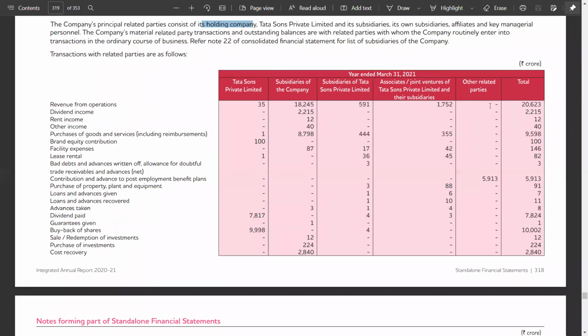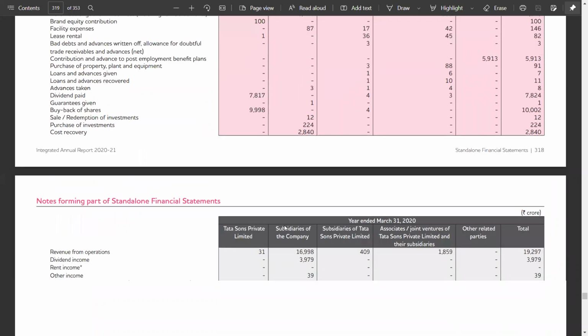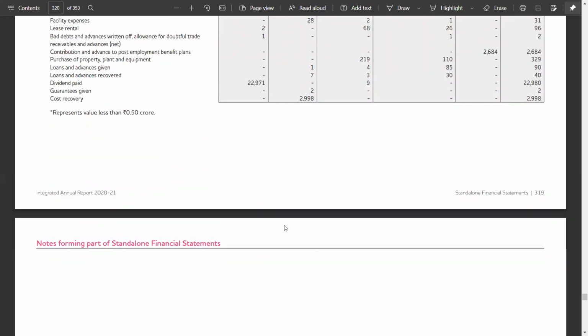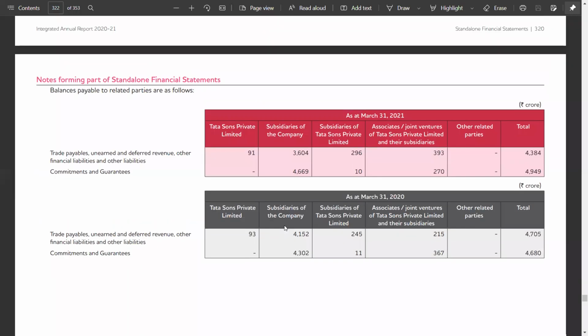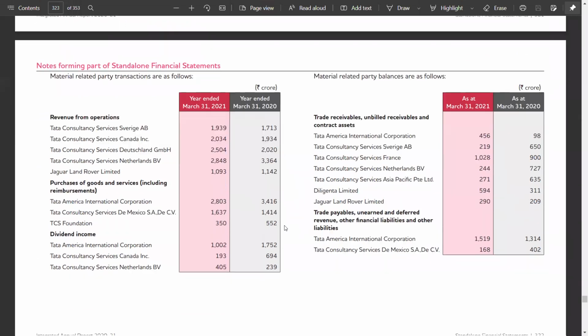They have been disclosing this in the notes to account. Revenue, dividend income, any payment, loan, advances, dividend paid, guarantees, buyback, anything related with that, they have to disclose here. Balance receivable, payable, material related parties, which are the material related parties from whom revenue from operation is being covered.